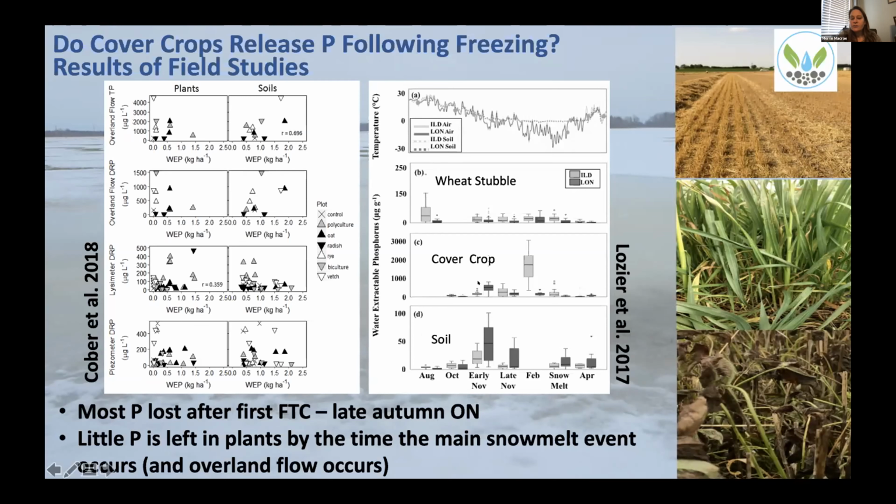And what we actually found is that yes, they experienced frost, but by the time that snowmelt period happened in earnest, much of the soil, much of the cover crop water extractable P had long been released to the soil throughout the winter. And because it went into the soil, it tended to be held onto the soil. And so what she actually found is that what we lost at the edge of the field was very, very small relative to what was released by cover crops. So because they had contact with the soil, even though they released phosphorus, it didn't translate to edge of field